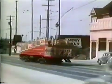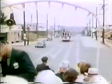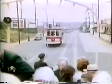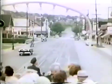We're heading west on Broadway now. And here's a scene taken from the seats. The seats were staggered so that people had a good forward-facing view. That's Dick Gardner acting as conductor on this particular trip. Dick was not only a magician, he was a musician and a comedian, and both he and Teddy Lyons were ideally suited to this type of